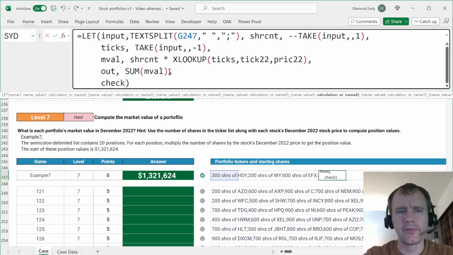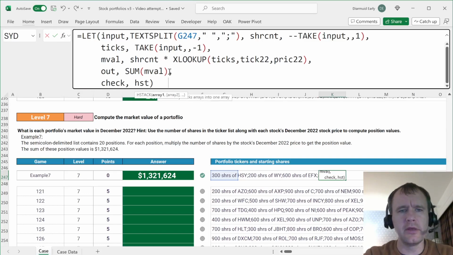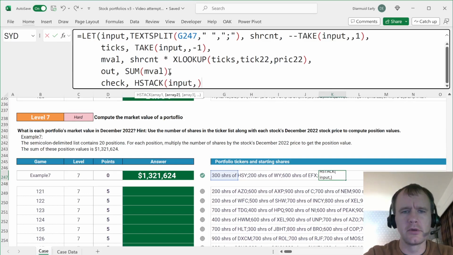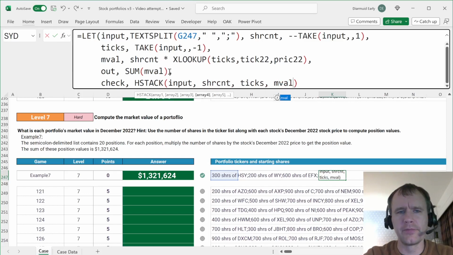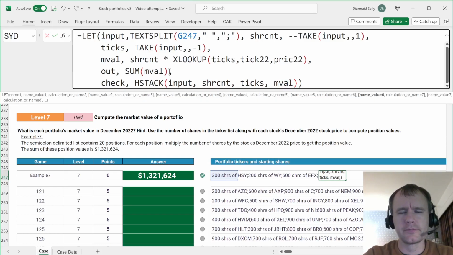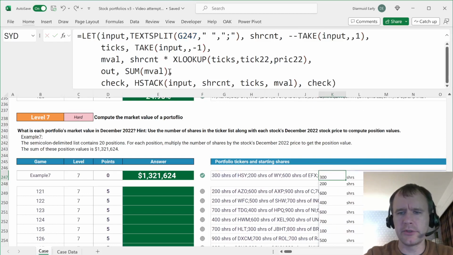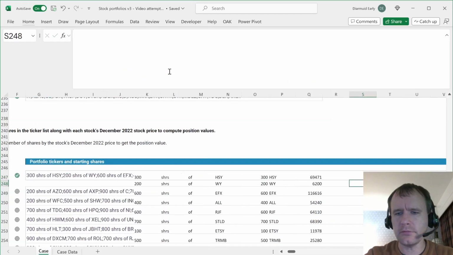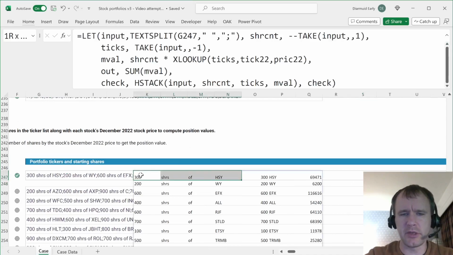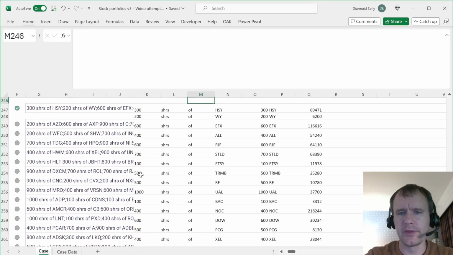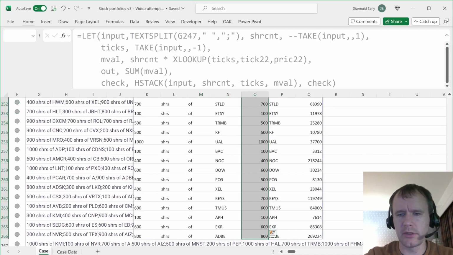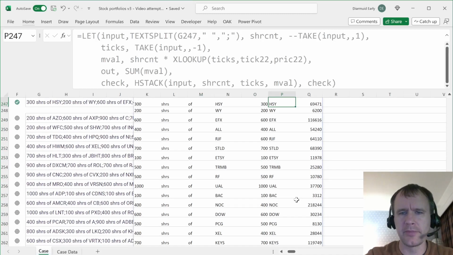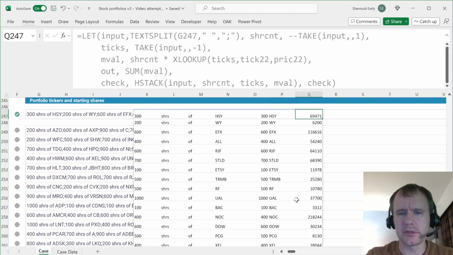I'll call it check, and I'll make that be hstack of input, share count, ticks, mval. And for now, I'll output check. And so you can see that gives me first this block here, which is just splitting up the input. Then it gives me another block here, which is numbers, and those add up. Then it gives me another block here, which is the ticker, and then it gives me something here,